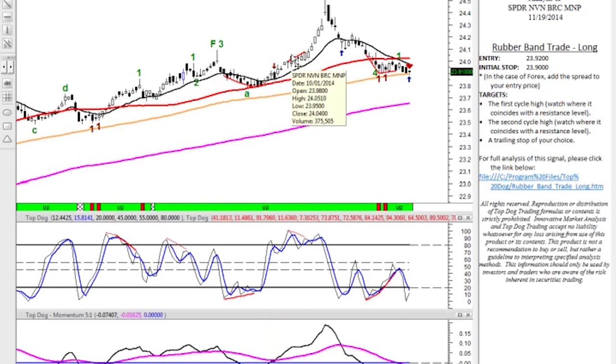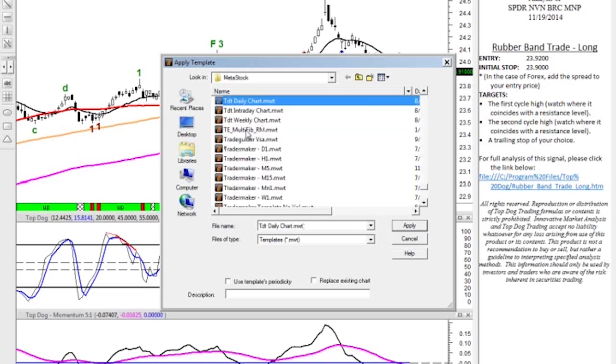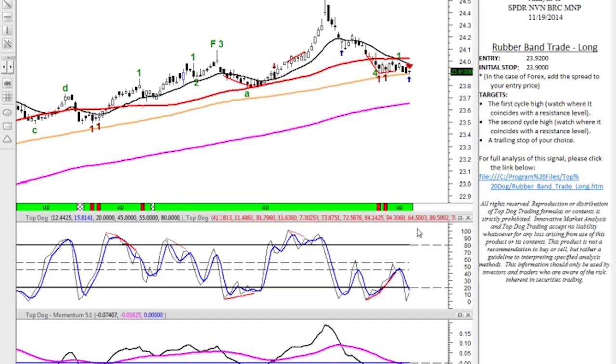We also have the ability to automatically apply a template, and let me show you how to do that. If you're looking at a chart and you want to look at all of the indicators at once, right now I'm looking at a daily chart. To look at all of the indicators applicable to the daily chart, I'll right-click on that chart and come to this Apply Template option right here. All of the templates that we've got are named TDT Daily Chart, TDT Intraday, and TDT Weekly. So depending on what you're looking at, it's going to depend on the actual chart that you open up. I'm going to go ahead and apply that.